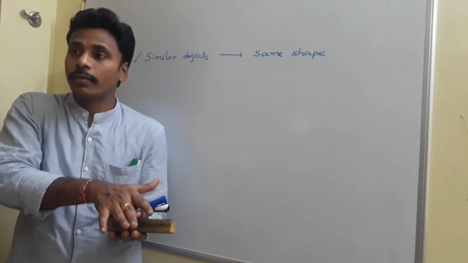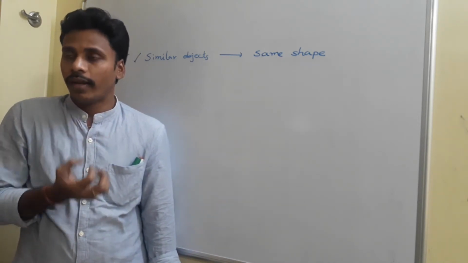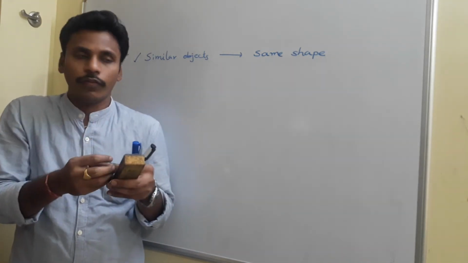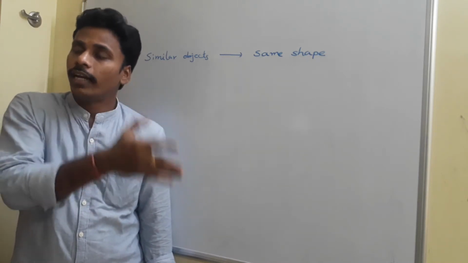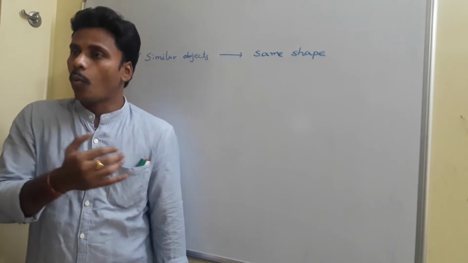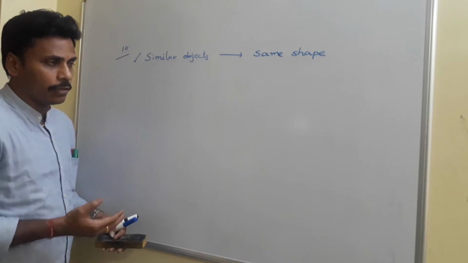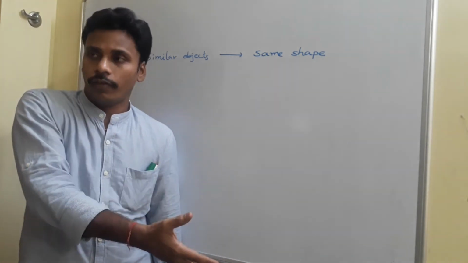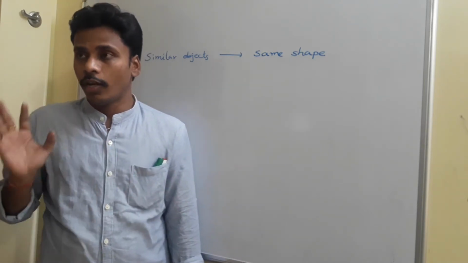Whereas similarity is just expansion or contraction of the object. For example, if you prepare an image of an object, then that image is just similar to that one. Like mirror images, photographs, water images, all these are similar objects because they are in the same shape. The sizes may be different. If you look at my water image, the size may be different, but the shapes are the same. So we call these similar objects, right?